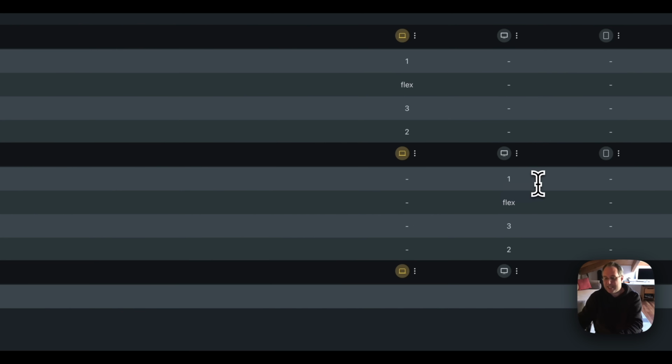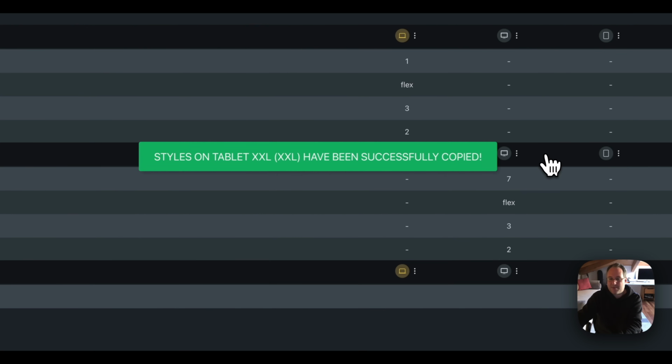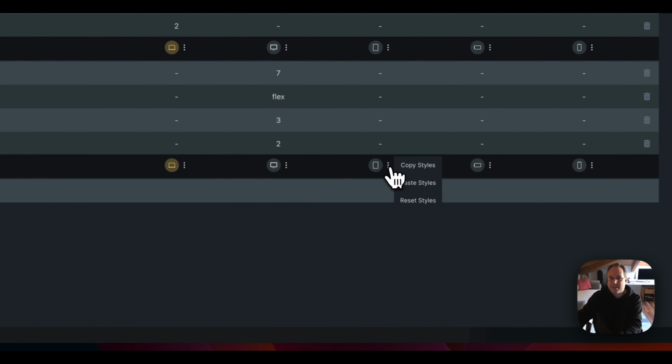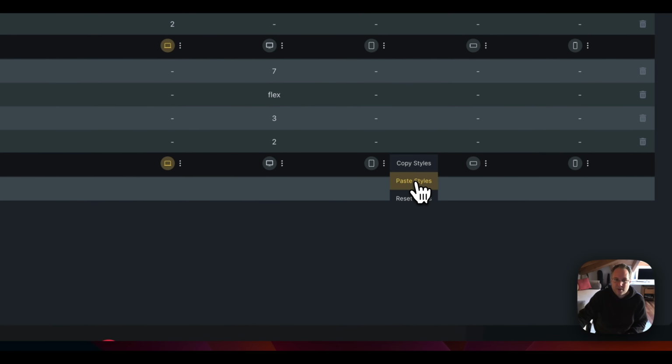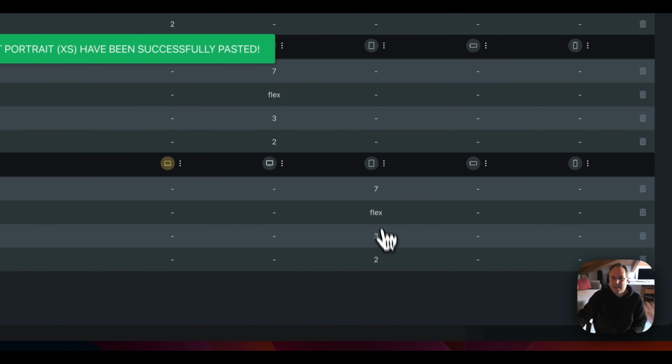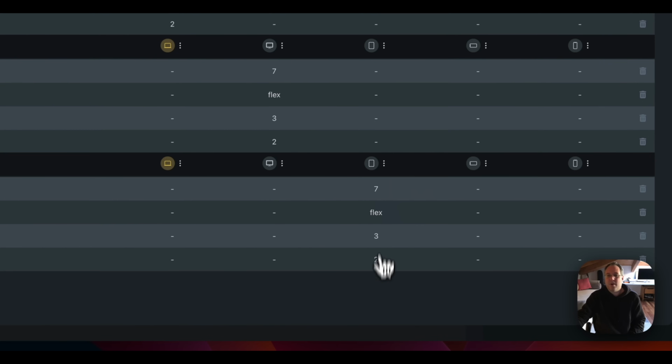If I want to change this now, let's say to 7, I can copy the styles from here and paste the style on another breakpoint, for example, to test2, and you see 7 flex 3.2 have been correctly imported in the test2 styles class. So you can move your entire breakpoint styles over IDs, pseudo elements, and any class you want, just by copy and pasting